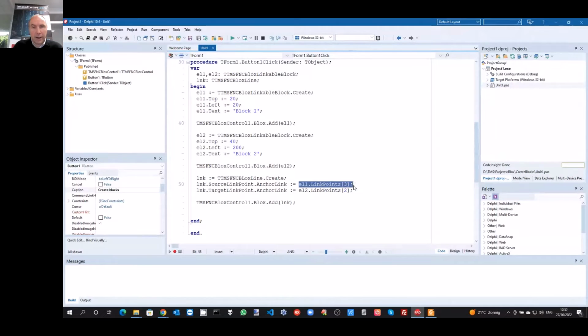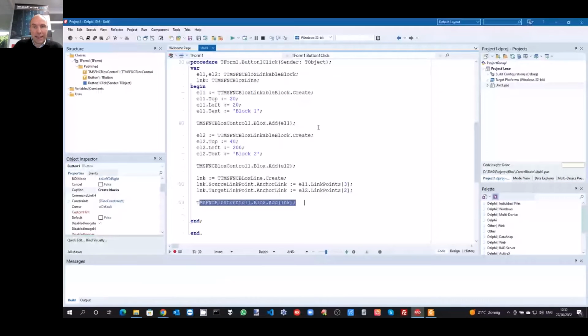Remember that for the linkable block there are 4 sides, and each side has a link point. So I can access here link point number 3 and link point number 2 on the other block to connect these blocks together this way. The blocks line is also added to the blocks control with the blocks.add command.